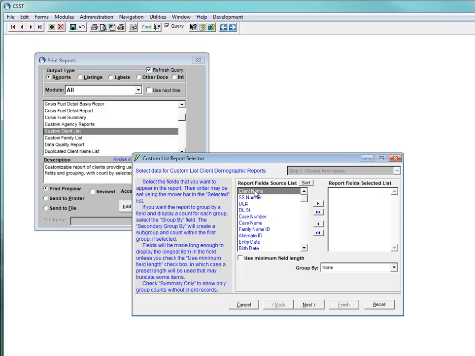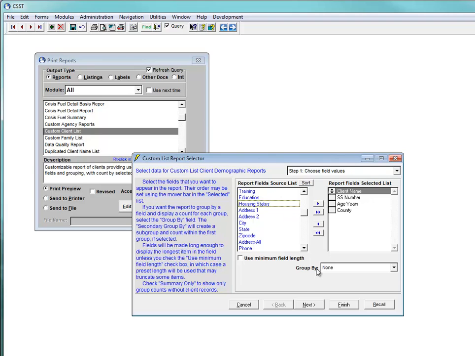So we can put client name and social security number and their age and years, and we can go down to address fields, phone number fields. Here we have address, city, and state, and county is in here as well, so we could put in county, and so on and so forth. So all you're doing here is you're specifying which pieces of information you want to see about the filtered list